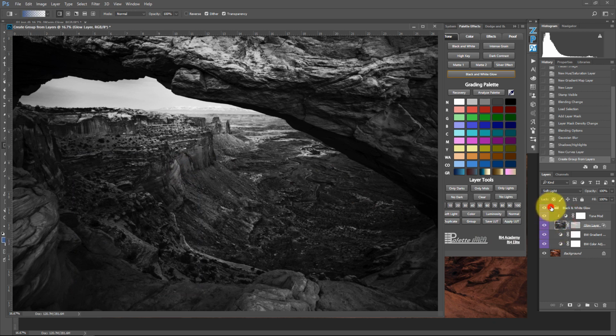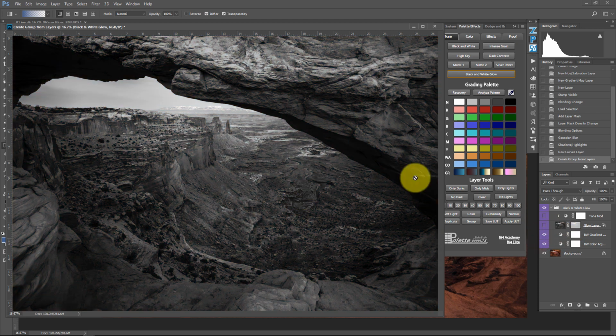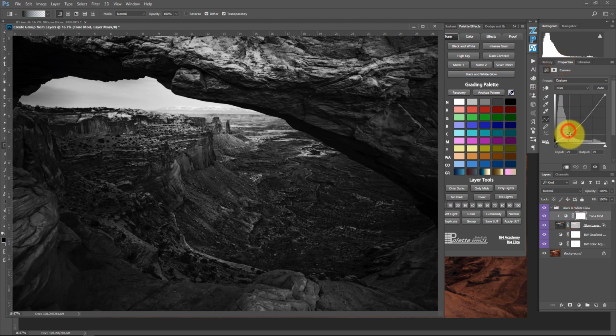So what this is doing, if we were to break this down and look at this layers palette, we have our black and white color adjustment down here, which I'll show you in a second. We have our black and white gradient map that's making our black and white image. We have our black and white glow that's a stamp of everything below. And then we have our tone modifier. The tone modifier is nothing more than a curves adjustment layer that allows us to fine tune all of that